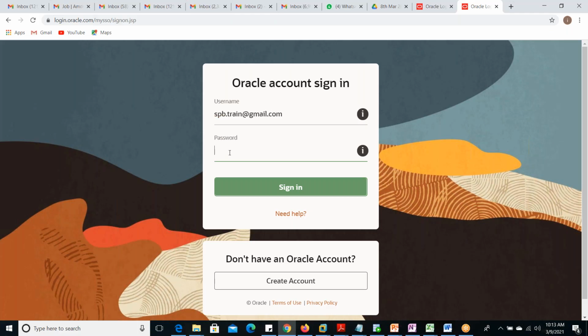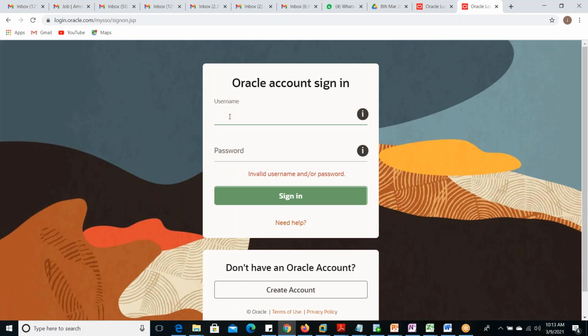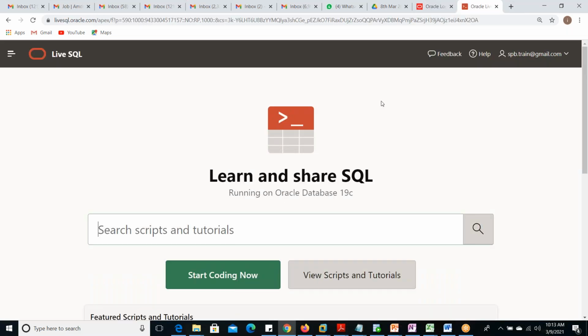Whatever password you have given, you can give that password here. Okay, now it is logged in. It is displaying the username.